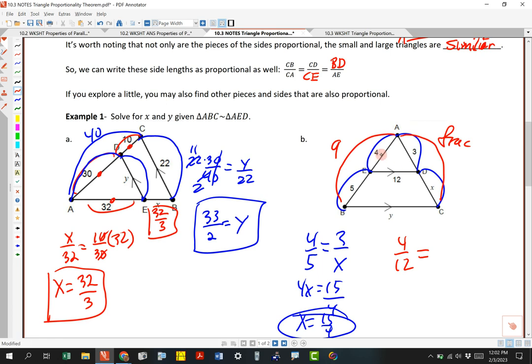And if I compare 4 to 12 on the small triangle, I'm going to compare this side right here, which is 9, to that side on the big triangle. So take a look at it. We've got these overlapping triangles. I'm doing this side on the small one, comparing it to this side on the big one, so 4 to 9. And I'm comparing this side on the small one to this corresponding side on the big one, so that one's going to be,